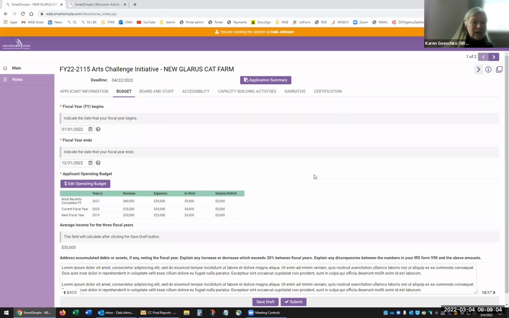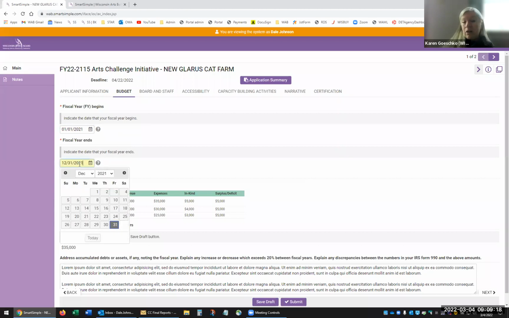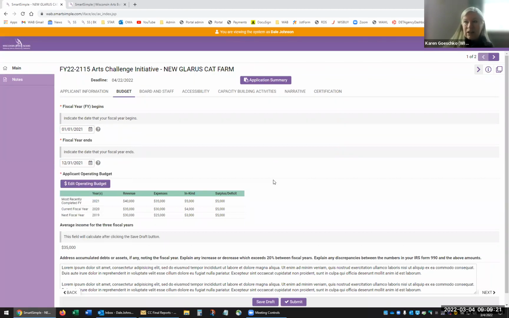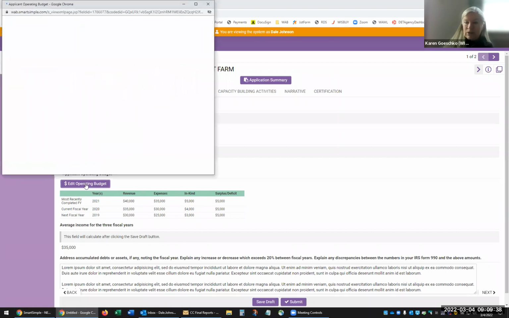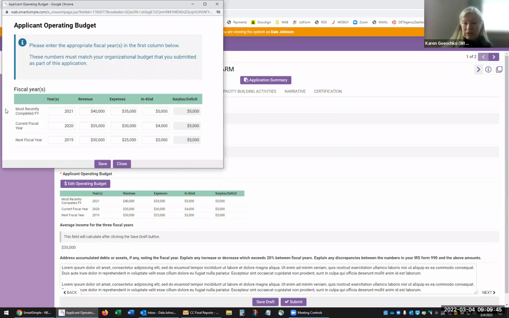Next, the budget. This is where you let us know when your fiscal year begins and ends. Some people have calendar fiscal years, and some people have fiscal years that begin, like ours does, on July 1st and ends on June 30th of the following year. So this is a place for you to ground us in what your fiscal year reality is. And then we ask you to give us your last year's budget amount, the amount of organizational budget expense income that you received, or earned. So that's what we're looking for there. If you're on a calendar year, it would have been your FY21